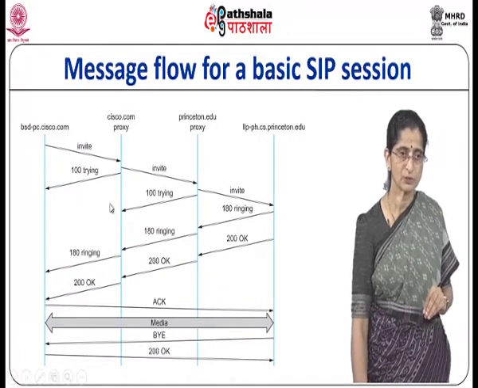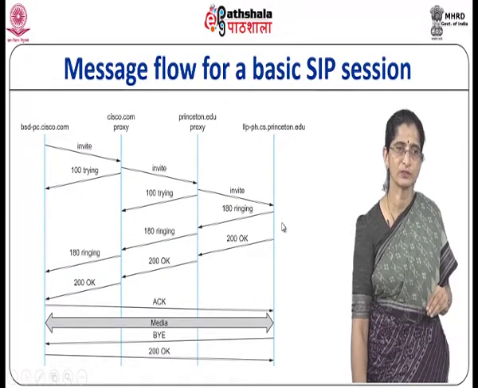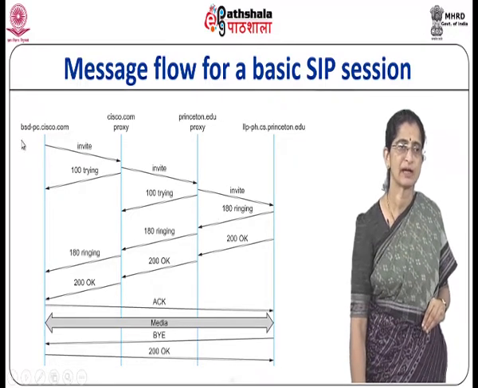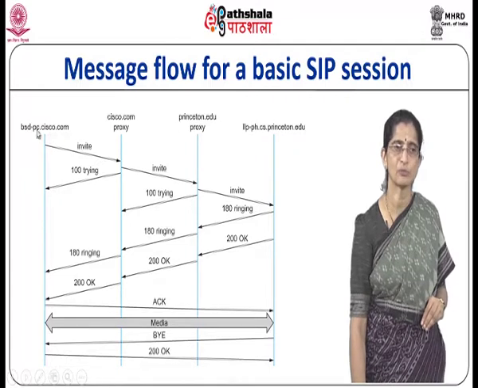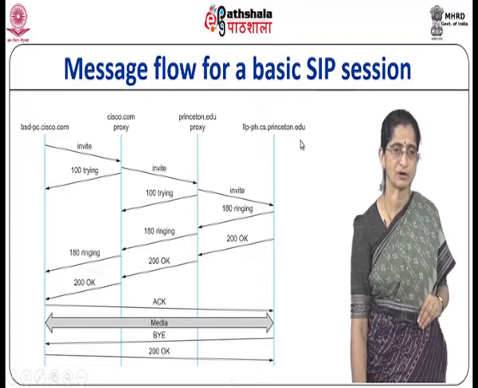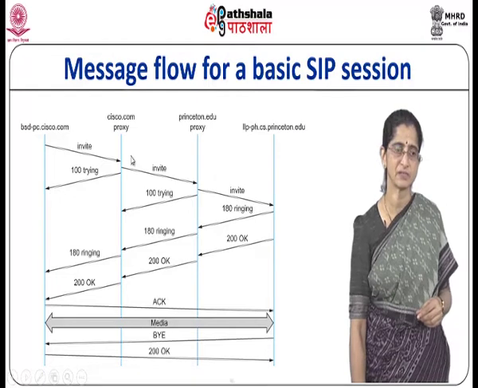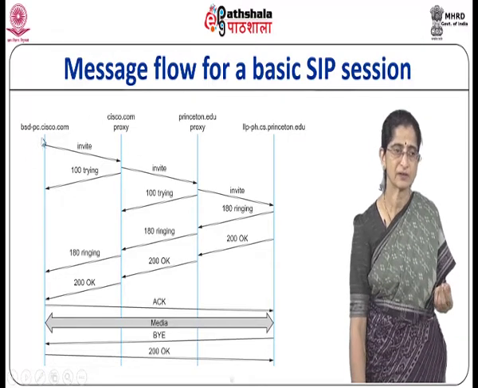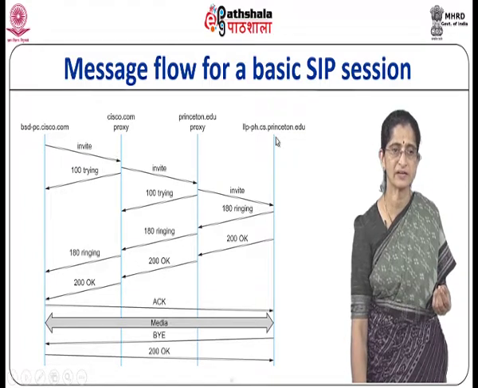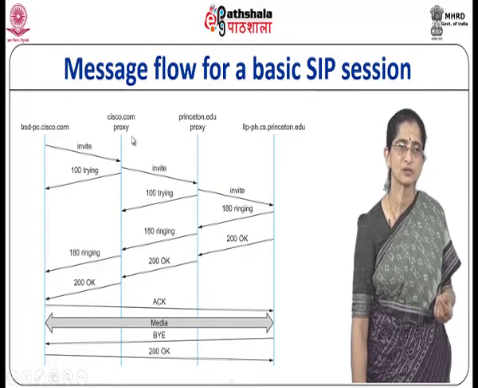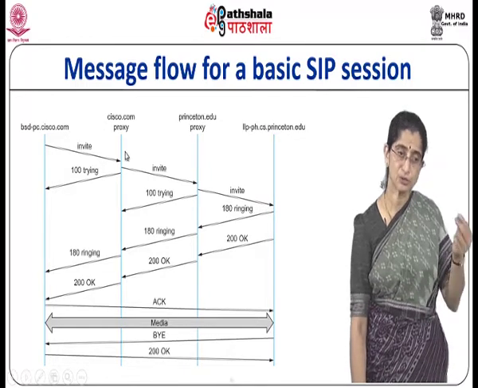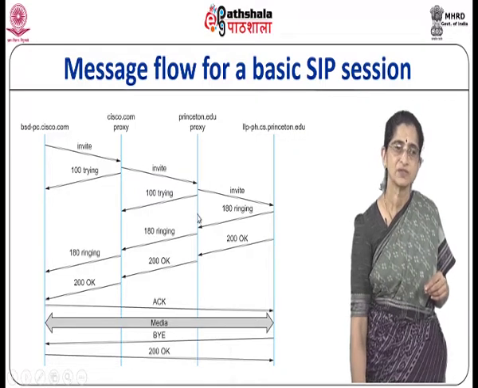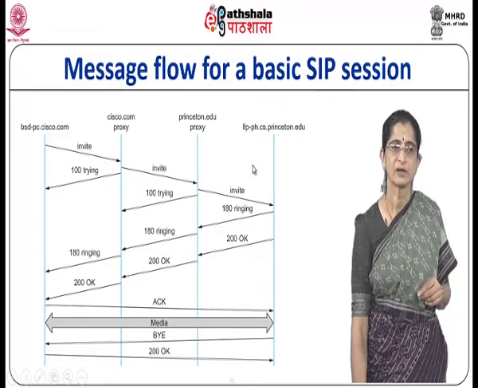So this is just to give you a view of this flow in the form of a timeline diagram. So I have some bst-pc.cisco.com who wants to invite somebody at princeton.edu. Okay, so what happens here? He sends an invite message. So this goes to the cisco.com proxy, right? Because he does not have the IP address. So he just gives this information. It says invite and just gives the name of the person, let's say. So it goes to the cisco.com proxy. So the cisco.com proxy now will send that invite message to the princeton.edu proxy, which in turn sends the invite message to the